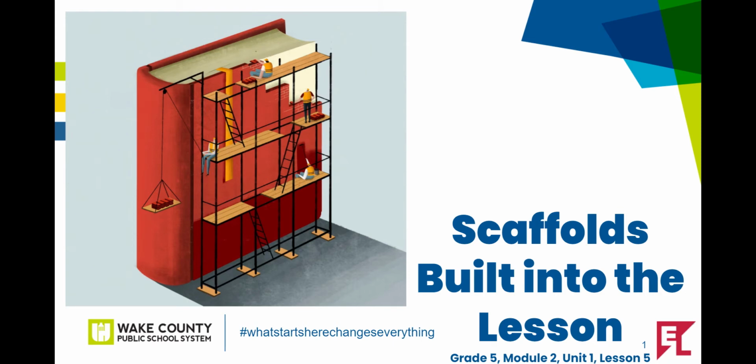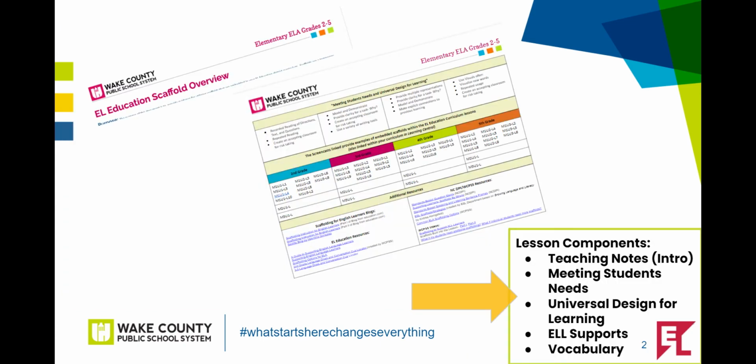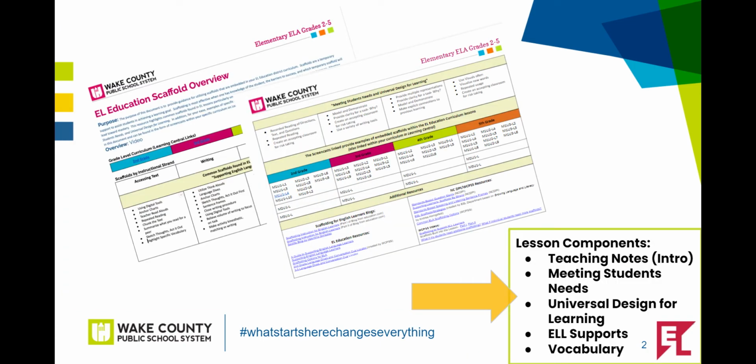Throughout this learning opportunity, we'll focus on examples of scaffolds that already exist within the EL Education lessons, using Lesson 5 from Grade 5, Module 2, Unit 1. An EL Education scaffold overview document for elementary learning ELA grades 2 through 5 can be found in Learning Central under the appendix within each grade level module and in the teacher planning tools for your grade level curriculum. Please refer to this document for additional supports as you plan. The lesson components listed on the slide are where you can locate embedded scaffolds within lessons and will be highlighted